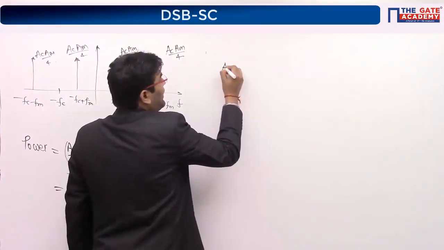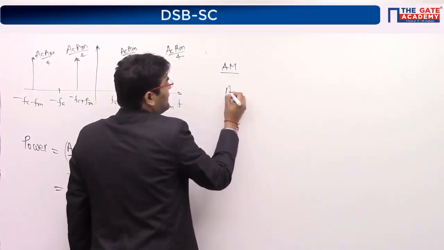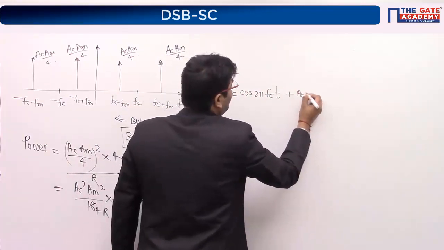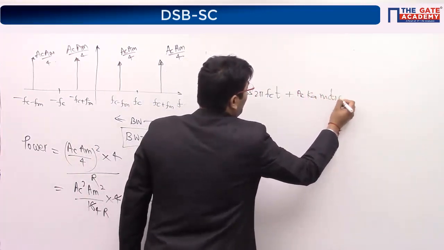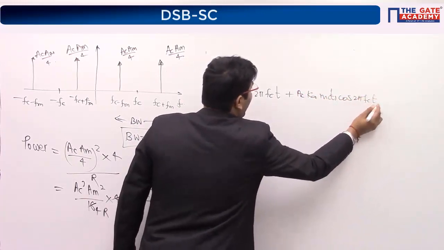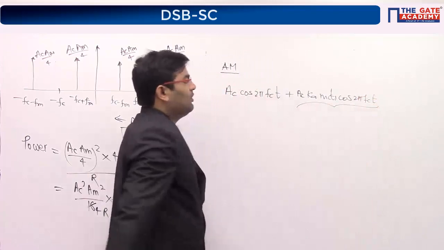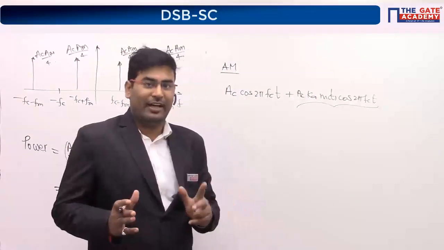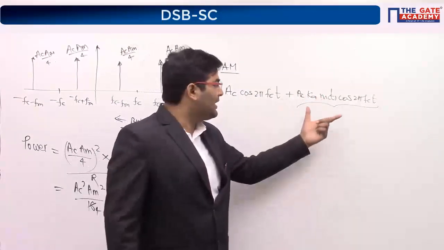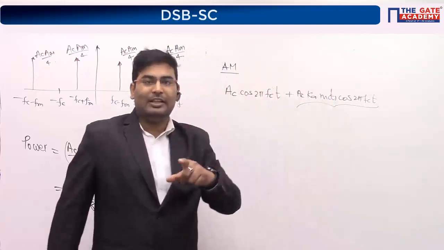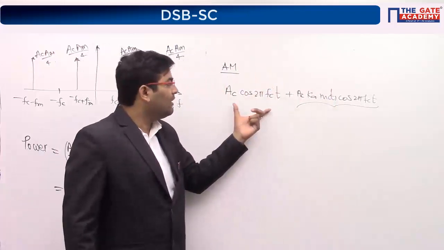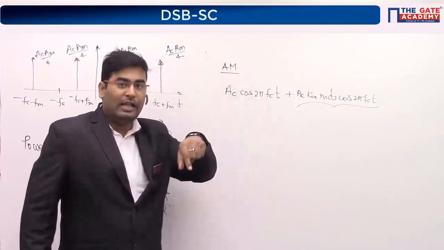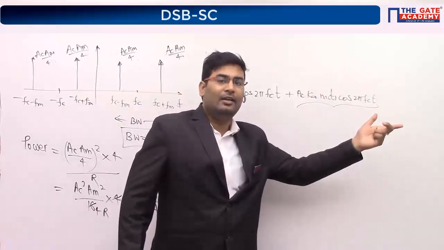So if you recall, I wrote the AM signal as AC cos 2 pi FCT plus AC KA MT cos 2 pi FCT. Actually, modulation means multiplying. So this is that multiplication part where you are multiplying a message signal with a carrier signal. I mentioned in the first session that you are externally adding that carrier. You are actually forcefully sending this carrier so that you can extract the carrier at the receiver end to do the